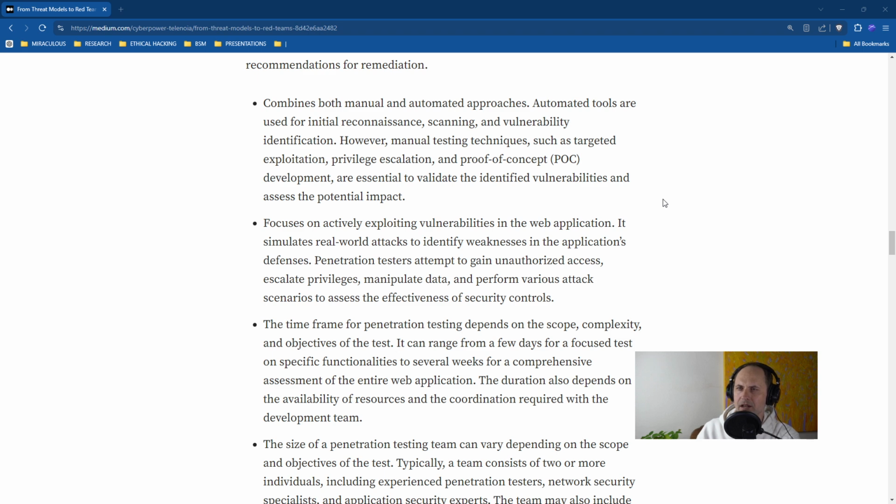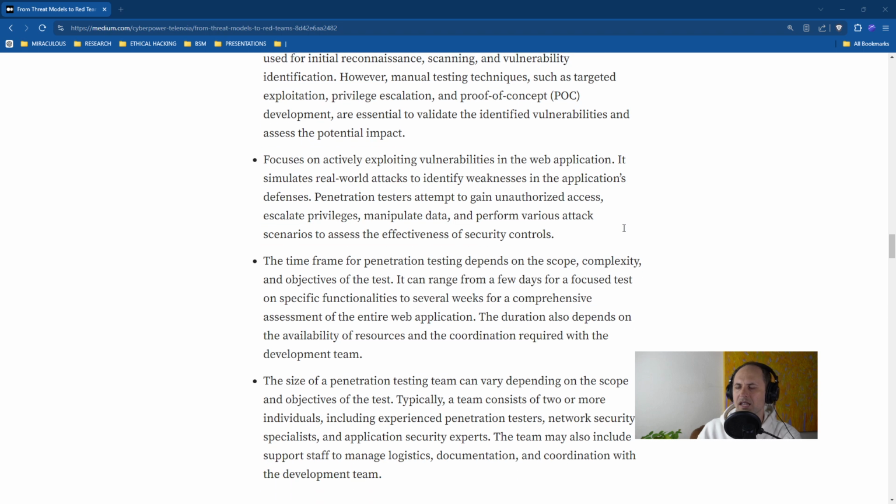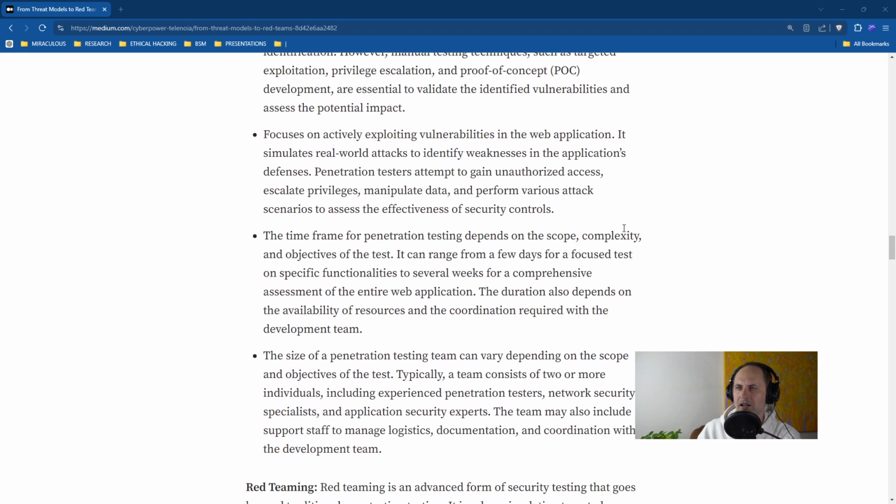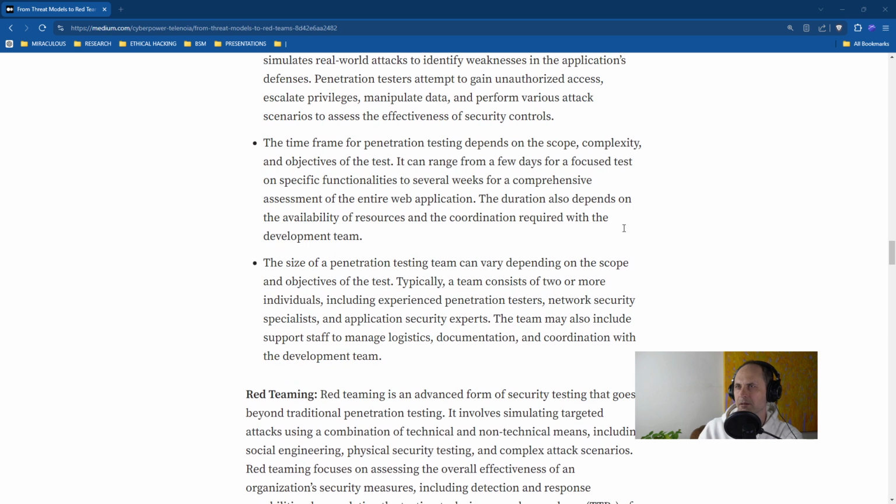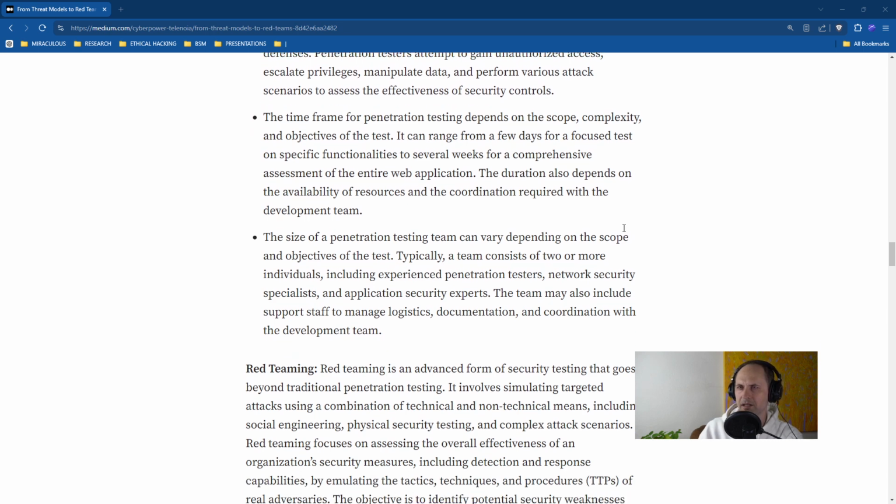Pentesting focuses on actively exploiting vulnerabilities in the application, simulating real-world attacks to identify weaknesses in the application's defenses. Testers attempt to gain unauthorized access, escalate those privileges, manipulate data, and perform various attack scenarios to assess the effectiveness of security controls. The time frame for a pen test depends on the scope, complexity, and objectives, but it can